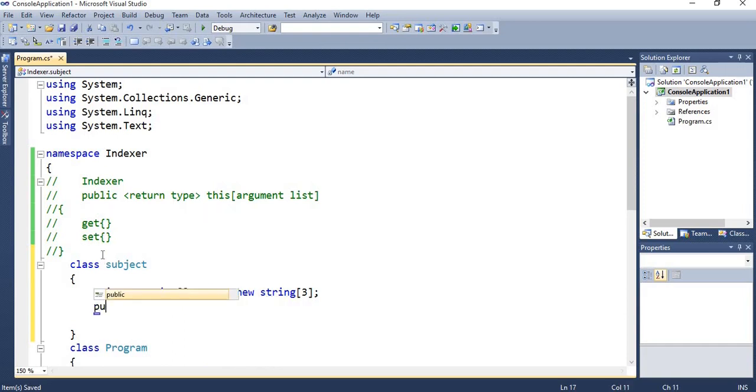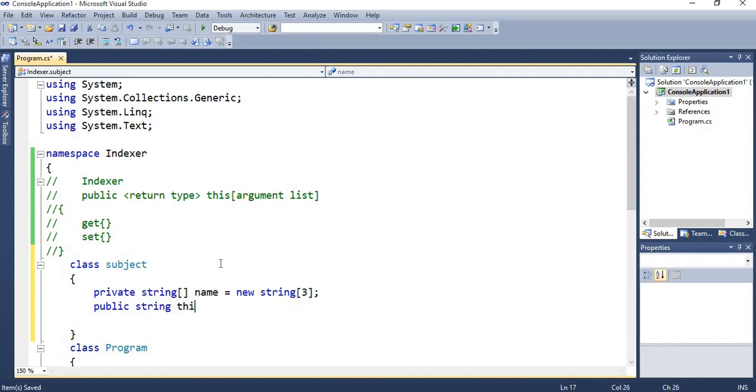Now creating the indexer, public, then string, because the private variable we declared has the data type string, so we have to specify the return type as string.